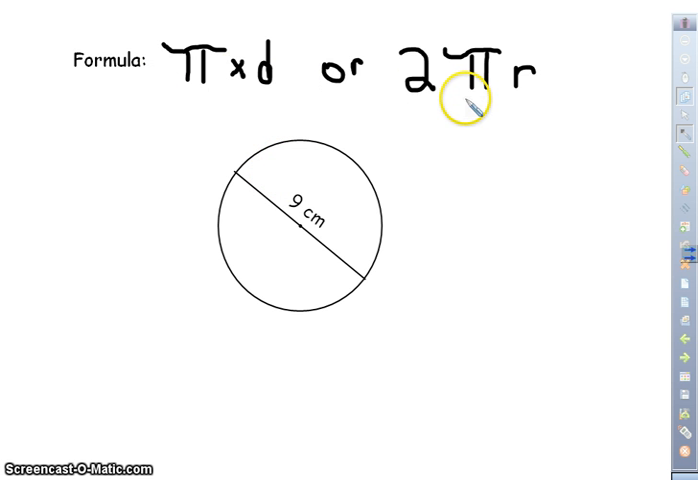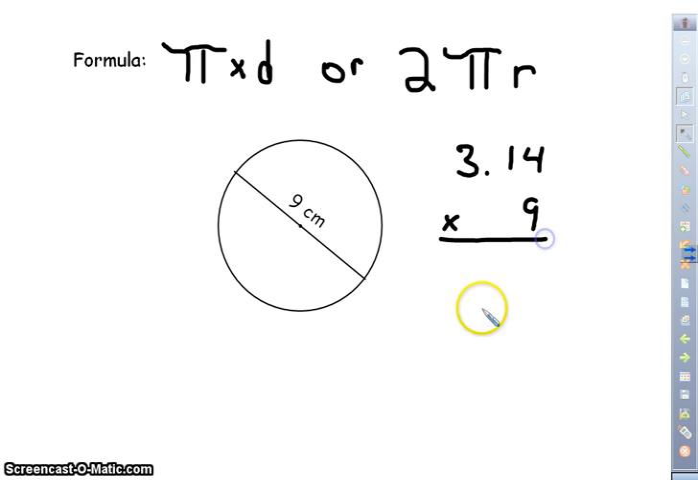So to solve this problem, you simply take pi, and since they gave you the diameter, it's going to be times the diameter. Well, pi equals 3.14, and you're going to multiply that times whatever the diameter is. In this case, it is 9 centimeters. And then you simply multiply. So we get 36. 9 times 1 is 9, plus 3 is our 12. 9 times 3 is 27, plus 1 is 28. And remember, we have two digits to the right of the decimal, therefore you got to have that in your